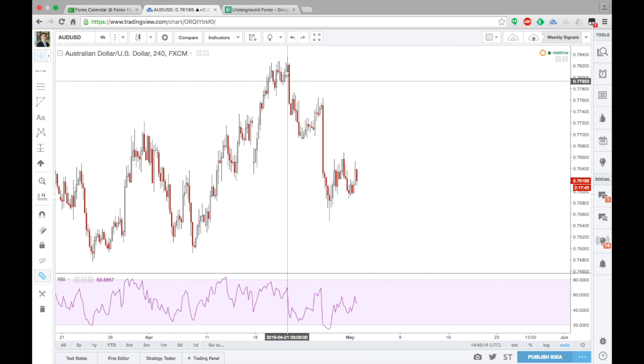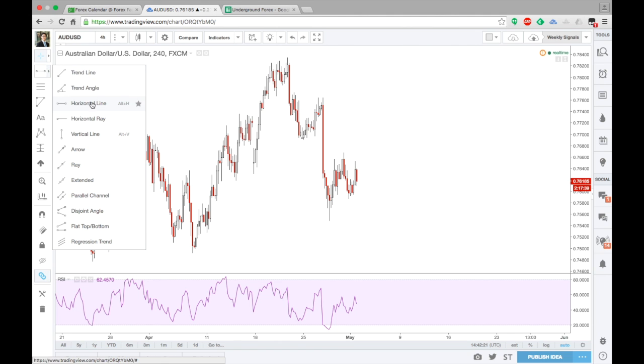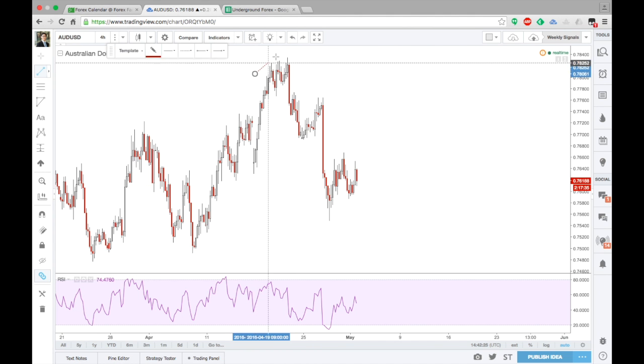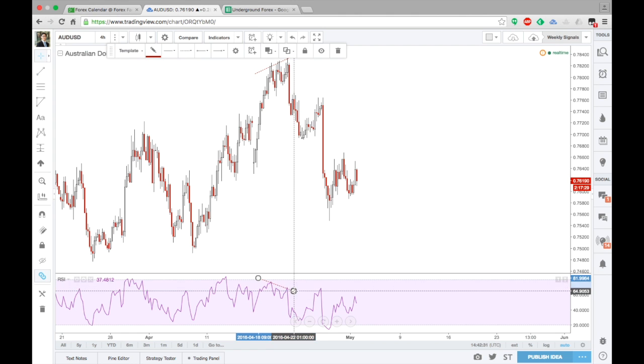So what we see over here is that price forms a higher high, but in terms of RSI, it forms a lower low. What we call this kind of event, or price action, is a divergence. And once we have a divergence and we see that price has broken its previous midline, which is called the neckline,